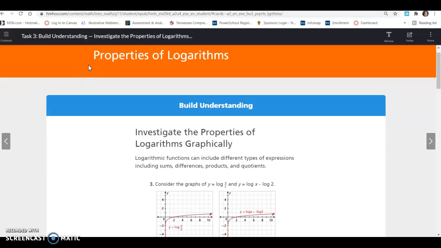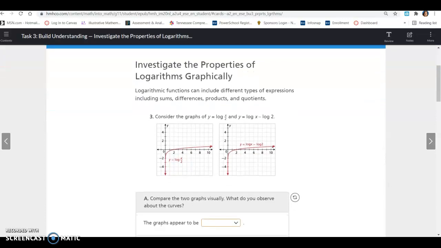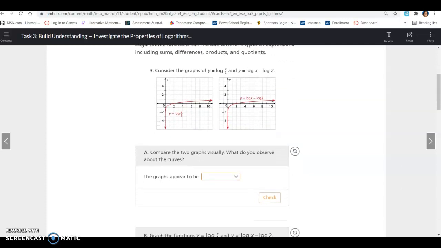Lesson 10.1, Task 3. So we're going to investigate the properties of logarithms graphically. And this first one says logarithmic functions can include different types of expressions, including sums, differences, products, and quotients. All right, so that's addition, subtraction, multiplication, and division. All right, consider the graphs of y equals log of x divided by 2 and